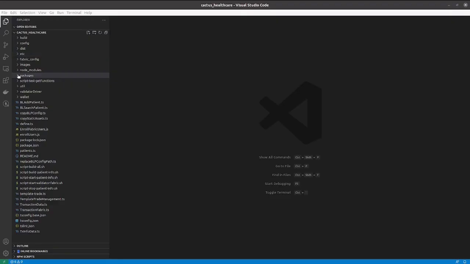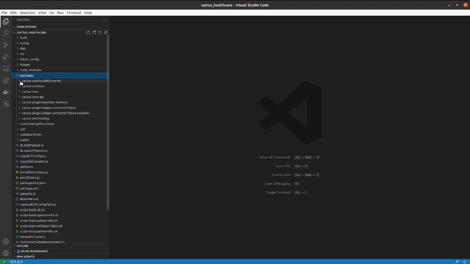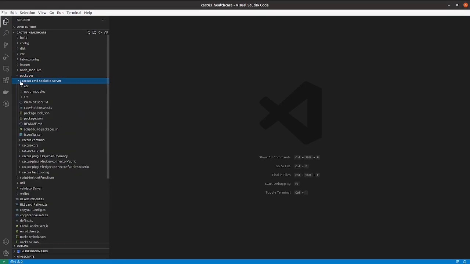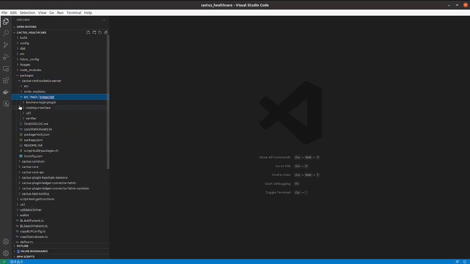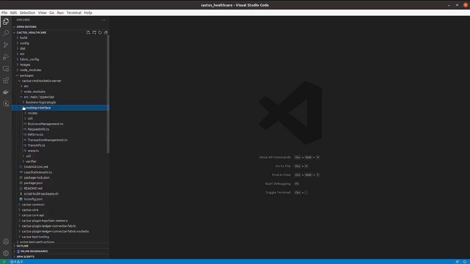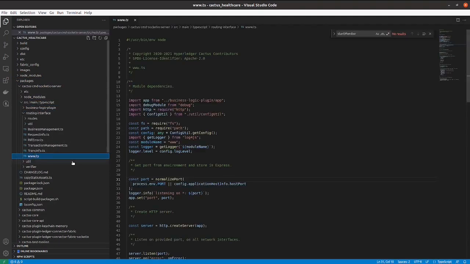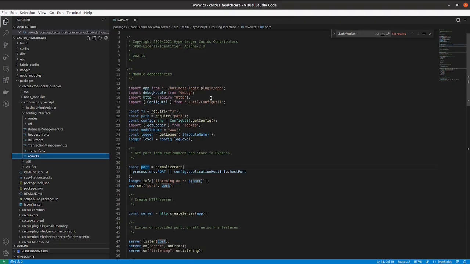Inside these packages, Cactus CMD Socket IO server, inside source routing interface, here www.ts is the entry point to the Cactus service. We are using Node.js to set up our localhost server.